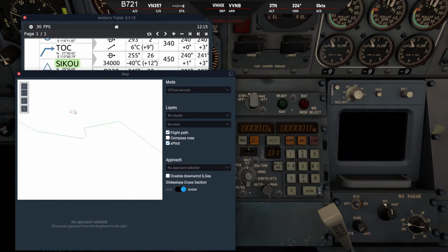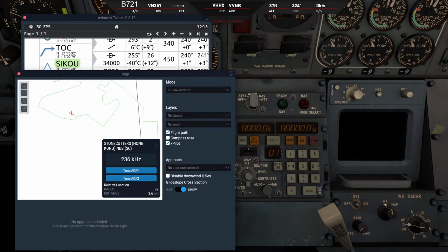I don't think that's the same Sierra Charlie. Stonecutter NDB Hong Kong. I'm trying to do a little... because this is very important. If we don't have the right flight plan, if we can't verify our waypoints are correct, that is Stonecutter in